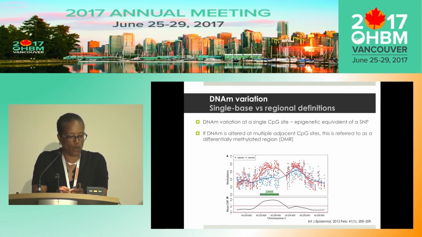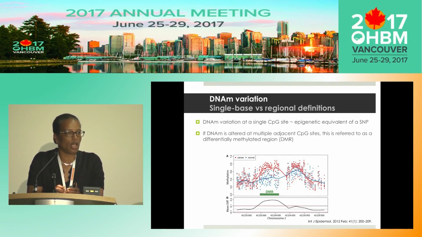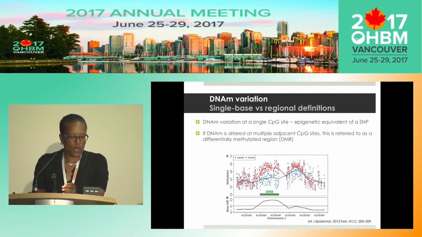DNA methylation also occurs at individual CpG sites, individual loci, and one can use those loci like a single nucleotide polymorphism in doing association studies, like in a GWAS. But because DNA methylation occurs very often at what I said before, CpG islands, where you have clusters of CpG sites that are co-methylated together, one can take into account those adjacent sites that are methylated or demethylated together